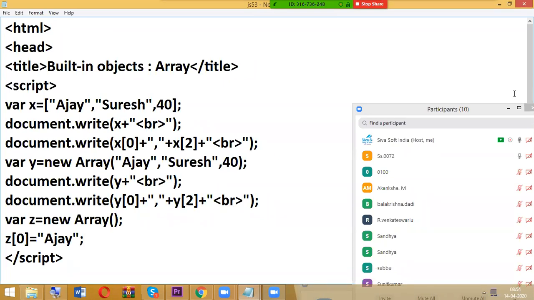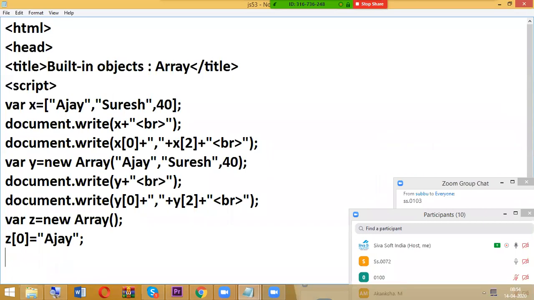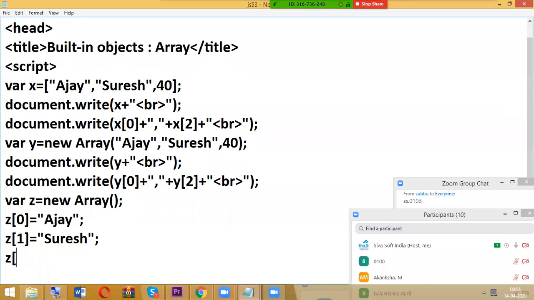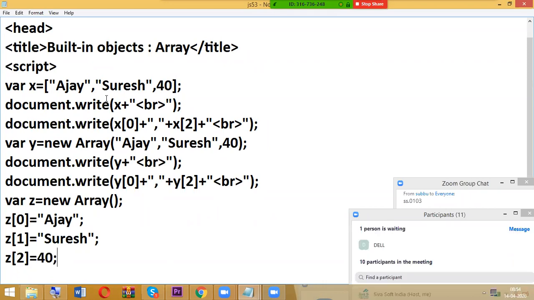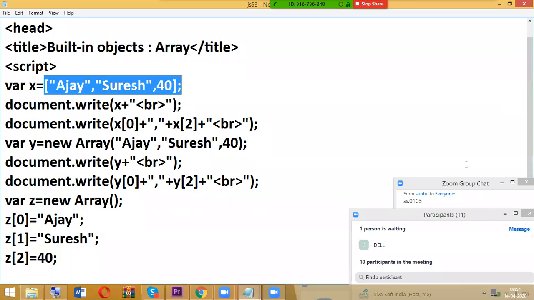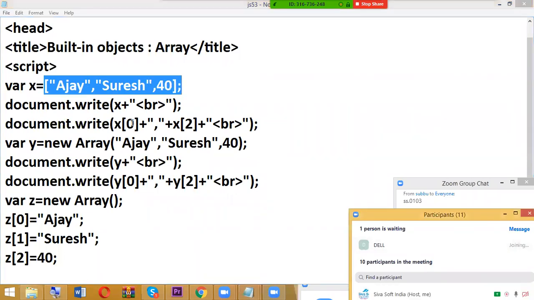Next, z of 1 equal to Suresh. So we have totally 3 ways of declaring arrays. The first one is writing directly inside the quotations.